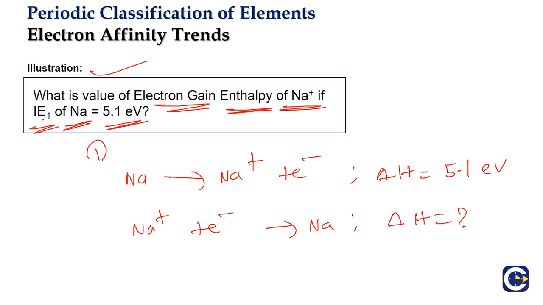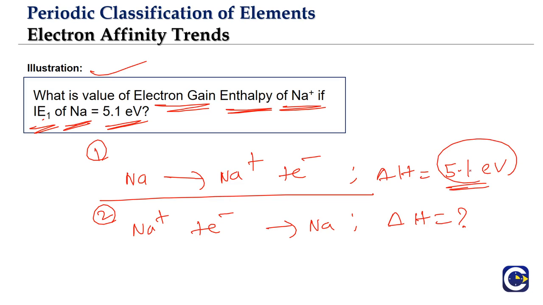Now we can see, if you look at this as equation 1, equation 2, we will be able to solve these kind of questions with more ease when we go to the thermodynamic chapter and understand the Hess law. You have an equation, there is energy exchange involved. You reverse the equation means, like say in the first phenomena, you are required to supply 5.1 electron volt. If you reverse it means you are going to get 5.1 electron volt, isn't it? So if you reverse the reaction, the enthalpy change will become what? It will become negative or minus of the original value.